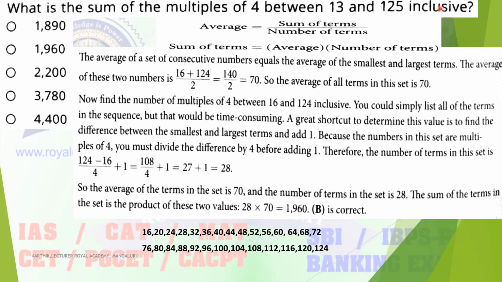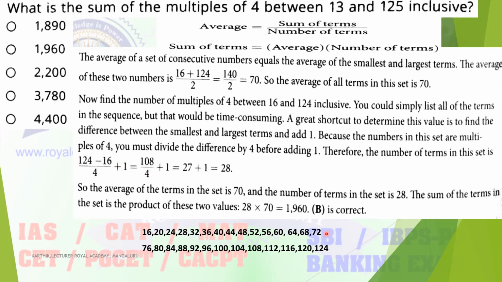Inclusive means number 16 is also included. While counting, you usually leave out the first number, so you count 1, 2, 3, 4 like that. Here they told that it is inclusive, and inclusive is nothing but plus 1. You just remember, if it is inclusive, plus 1.